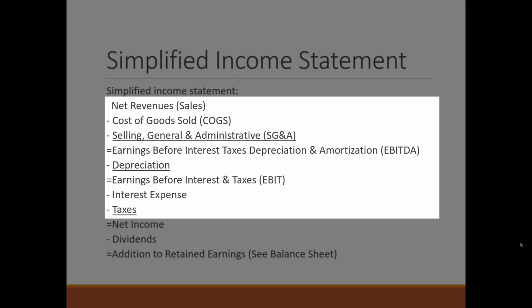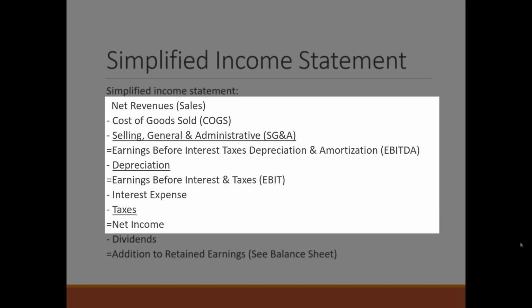That we could also call the earnings before taxes. I'm not sure how often that shows up, but we take away finally the tax amount. Actually, if I go back a step, EBT, earnings before taxes, is basically the taxable income. So if we have EBIT, take away the interest expense, we have taxable income. From that, we're going to pay our taxes, and the net of all this is the net income.